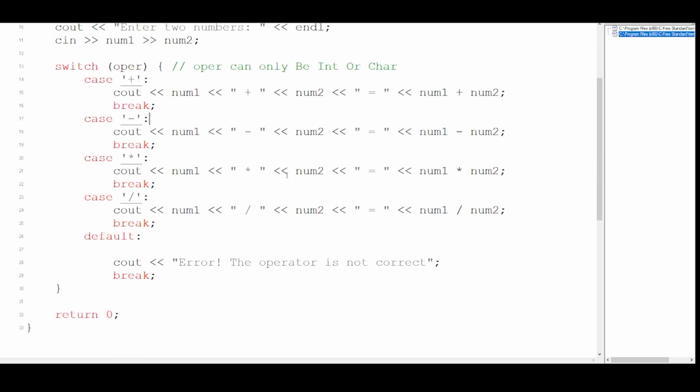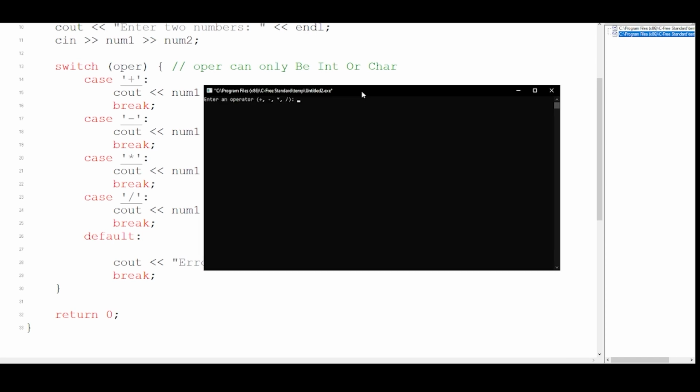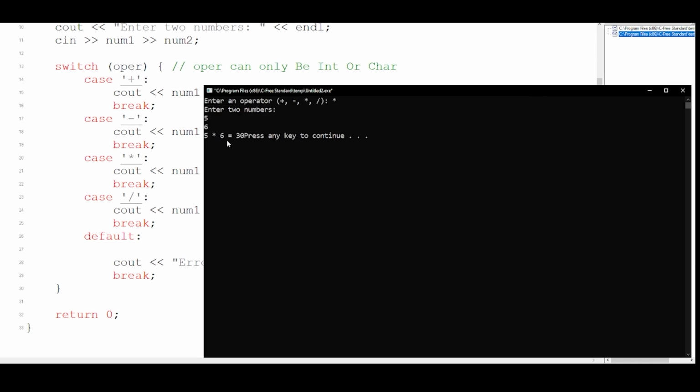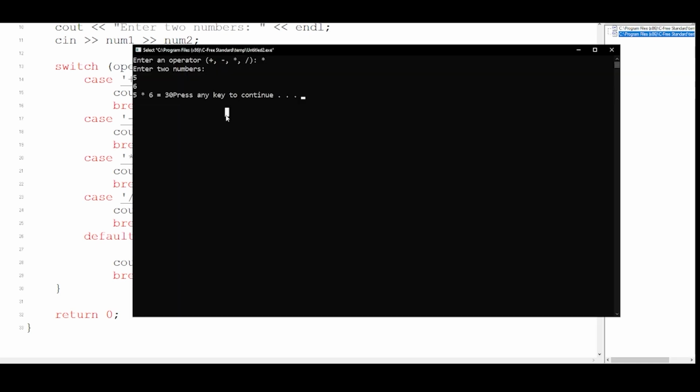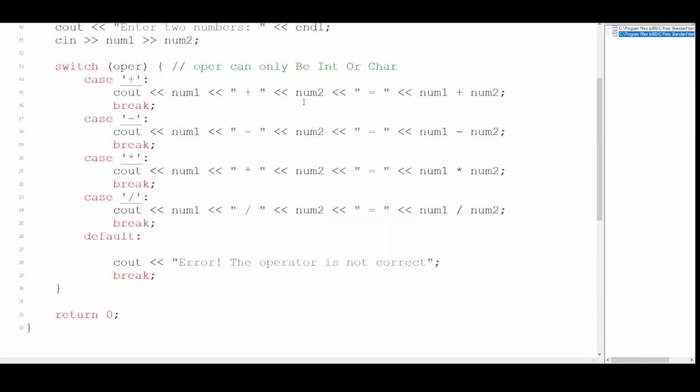If I run the code over here, it is asking me to give an input of an operand. So I will give multiplication and if I press enter, it's asking me to enter 2 numbers. Let's put 5 and 6. Now after I have given 6, if I press enter now, my answer should be 30. So if I run the code, as you can see, 5 multiplied by 6 is 30. So it is printing perfectly fine. Now as you can see, the program has stopped. So if I press enter now, the program has gone. So that means after it has printed the multiply, it has broken out of the program.